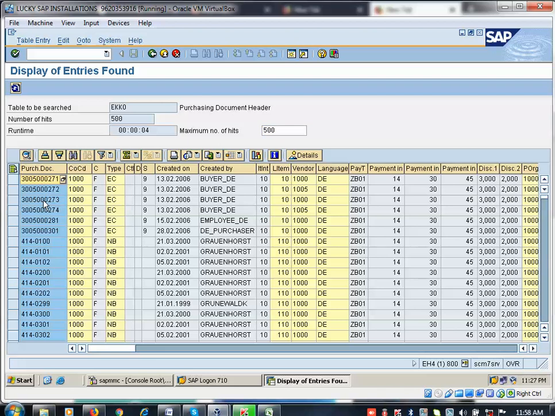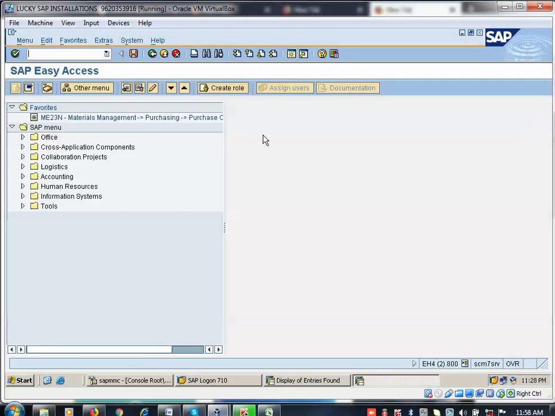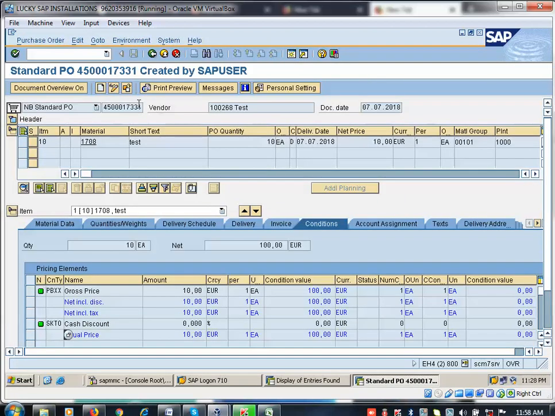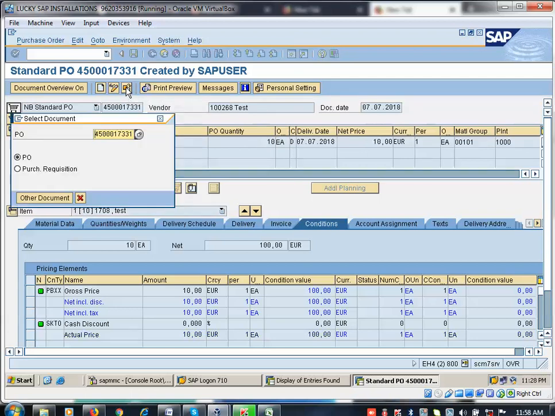Click on copy here. So now go to another transaction here. Copy the PO number. Now go to here. Add to favorites. Okay. Now you can come and click on other PO here. Can you see? Click on other PO, you can enter the PO number, click on enter, you can see the PO like this.